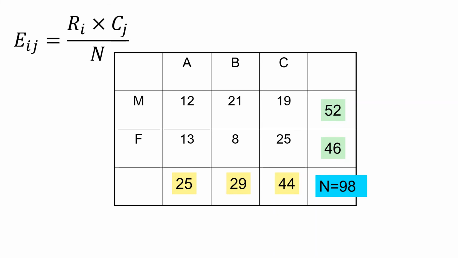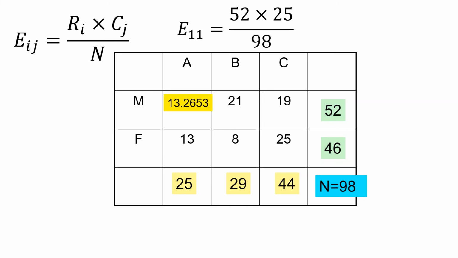The expected value is calculated by taking the marginal total of row multiplied by marginal total of column divided by the overall total. For instance, the expected value of row 1 column 1 is 52 multiplied by 25 divided by 98, which is equal to 13.2653. Next, the expected value of row 2 column 1 is 46 multiplied by 25 divided by 98, which is equal to